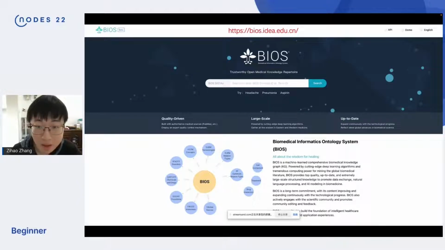This is a biomedical information ontology system, and you can query many medical terms such as COVID-19 or, for example, fever, and you can query many medical papers. It has a lot of knowledge graphs about medicine.